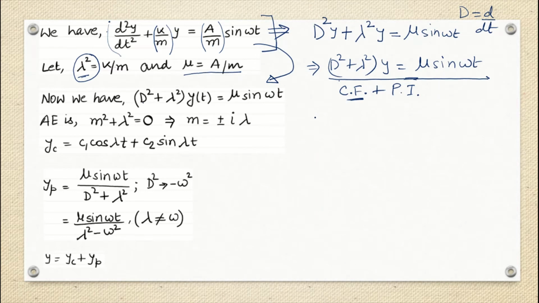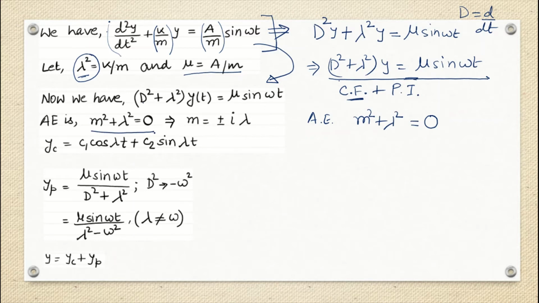So for this complementary function, what we have to write down? This is the same as writing down the auxiliary equation. In the auxiliary equation, what we are going to do? We are going to replace D with m. So this will be m square plus lambda square, and the variable will not be present, making the right hand side function 0 to make it a homogeneous equation. So this is nothing but my auxiliary equation, correct? You can see here also.